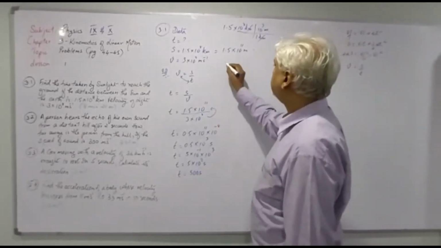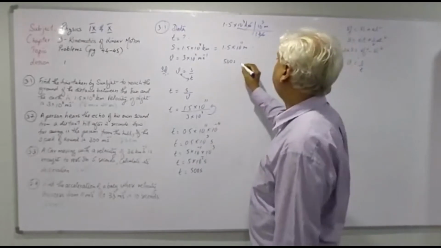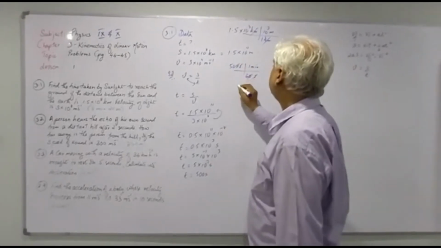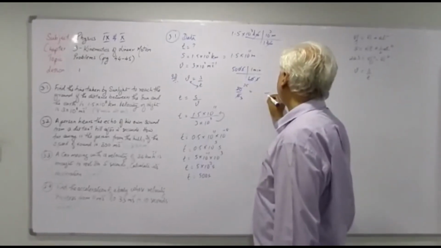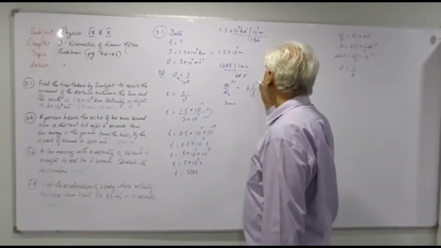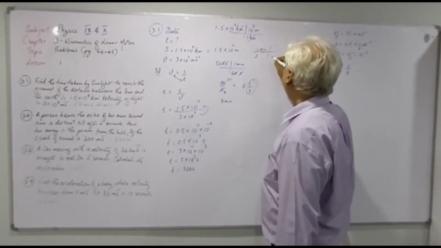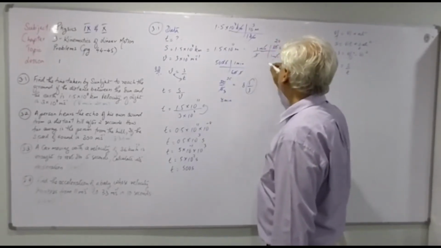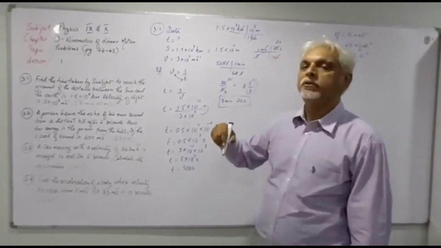Now, if you convert 500 seconds into minutes, we know that 1 minute is equal to 60 seconds. Second and second will cancel, 0 will go to 0, so 50 upon 6 would give you 8 minutes, since 3 eights are 24, with a remainder. And 1/3 of a minute means how many seconds? 1 minute is equal to 60 seconds, minute and minute will cancel, 3 will go into 60 twenty times, so 1/3 of a minute means 20 seconds. So there you are, 8 minutes 20 seconds for the sunlight to reach Earth.